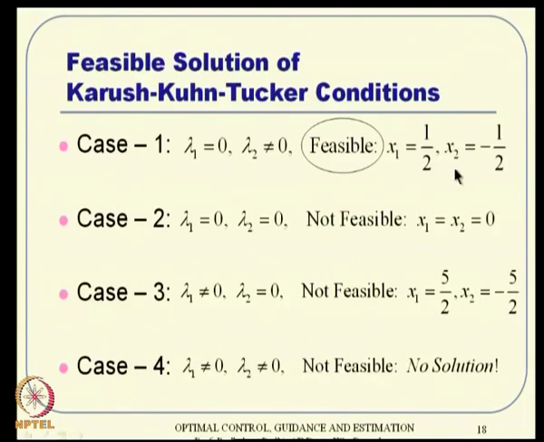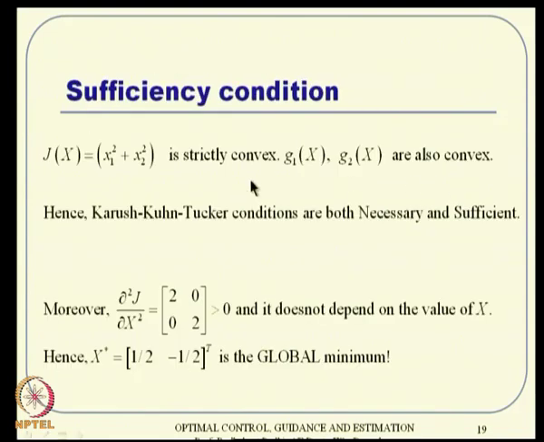Now, because this is the only condition getting satisfied, you can always tell, okay, sufficiency condition is there in general, that is your intuitive feeling. But if you really want to find out whether it is really sufficient or not, you have to go to that. So J(x) = x1 squared plus x2 squared, which is obviously a strictly convex function, because if you take the second derivative, it is a diagonal matrix with 2 in the first diagonal entry and 2 in the second diagonal entry. So the eigenvalues are 2, both positive, so it is strictly convex.